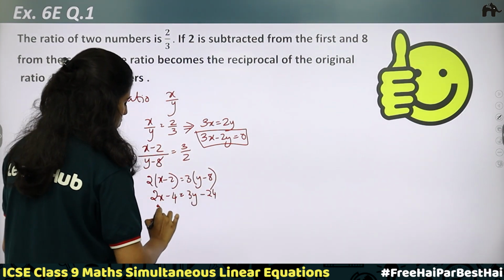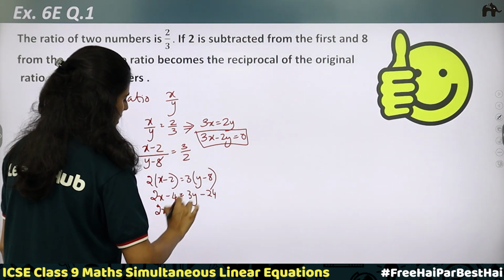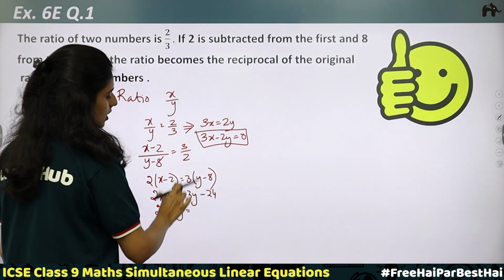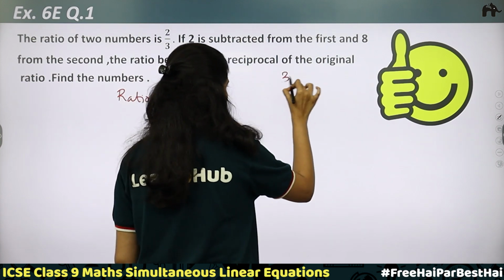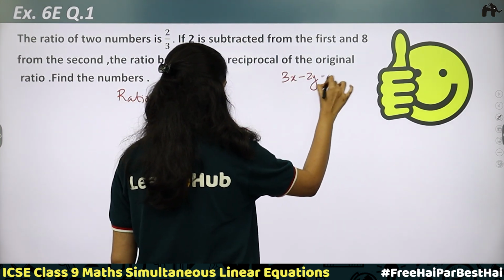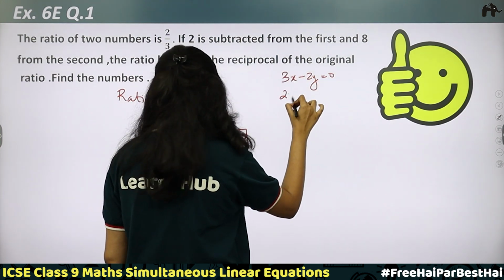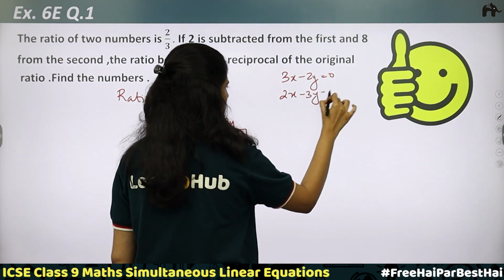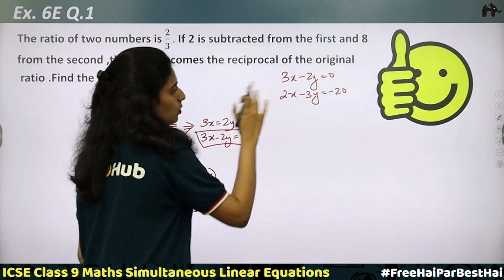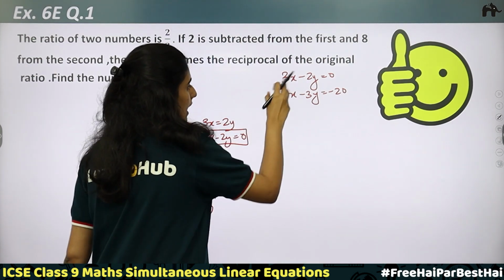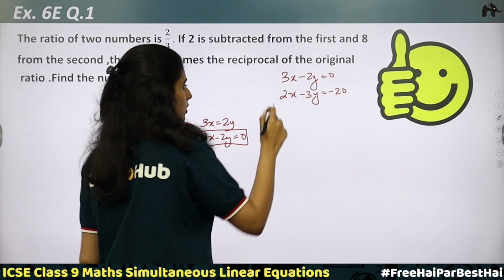Okay, that is 2x minus 3y is equal to minus 24 plus 4, which is minus 20. 3x minus 2y is equal to 0 and 2x minus 3y is equal to minus 20. So these are the equations. Now we are going to equate these equations, that is, we are going to eliminate the coefficient to get the values